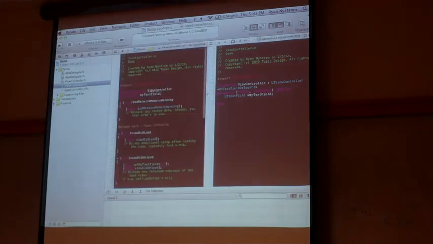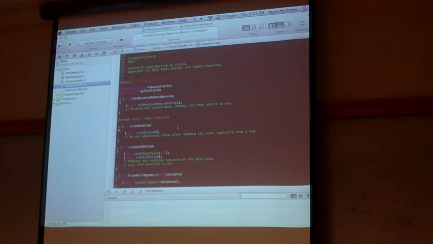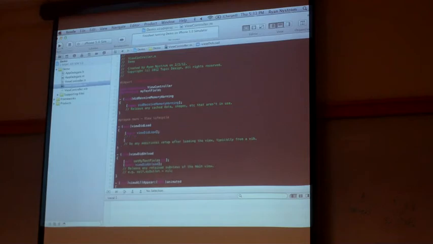So in our code, we've got to do two things. The first one is when our view loads, we want that text field to recognize this controller as our delegate. So we called it my text field. Our delegate equals self, kind of like in that example I showed.